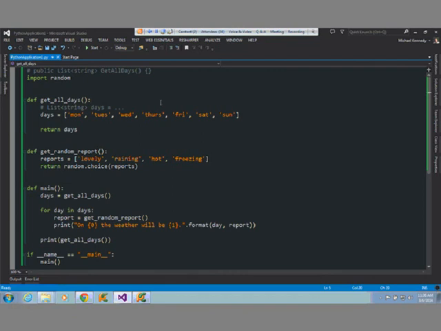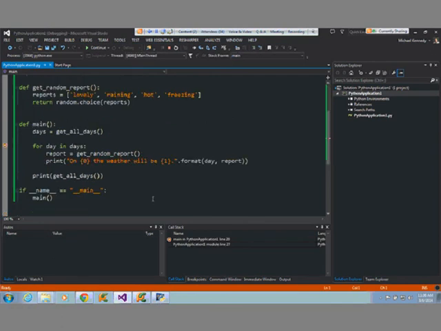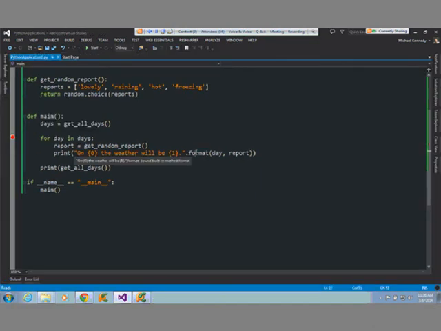I can go set a breakpoint here. I can press F5. Okay, I can go hover over days. There's the values. So this is free, and this is pretty awesome. So if you're coming from .NET and you're like, well, I really can't give up Visual Studio, okay, don't. You don't have to, right?